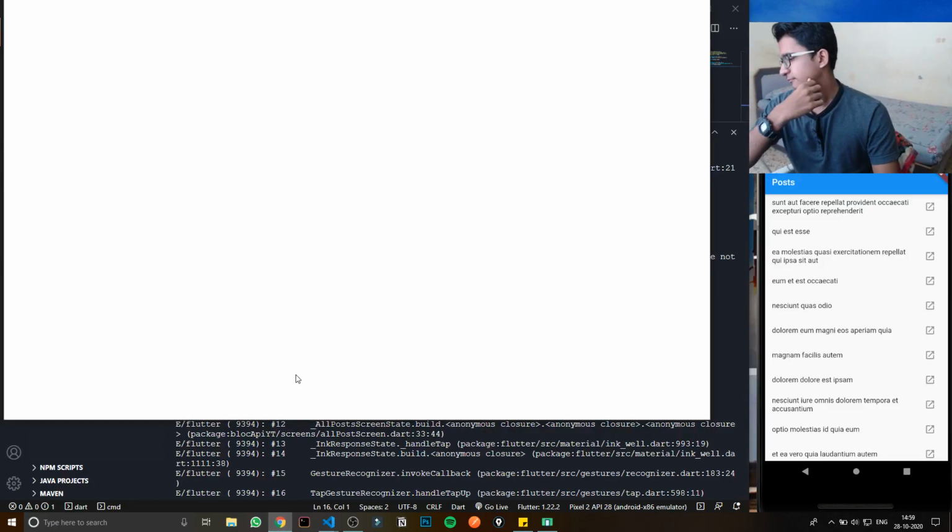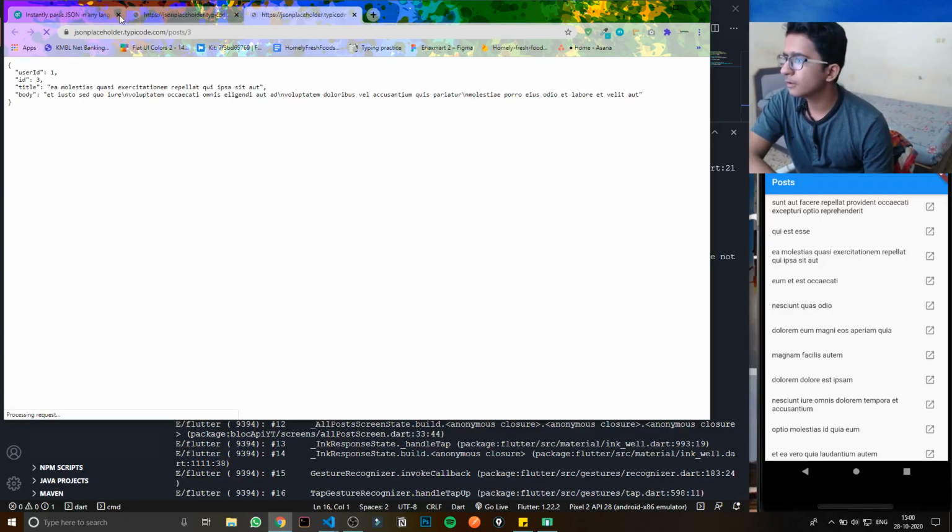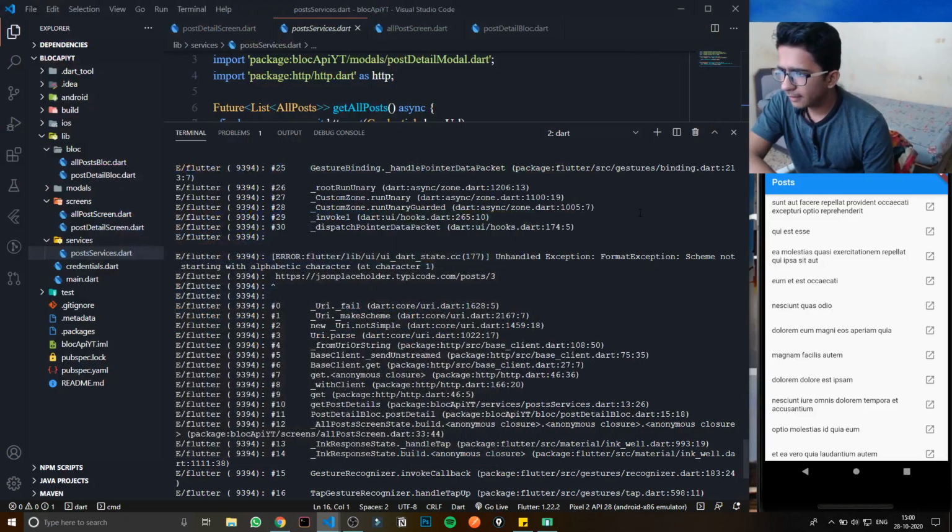Yeah, it keeps hanging. Come on, ASUS. Yeah, we are getting the data, right? Then what the heck is the error?